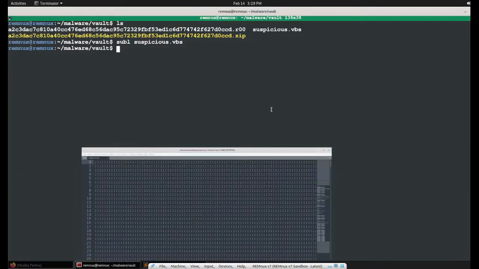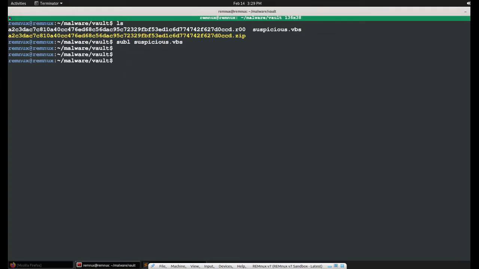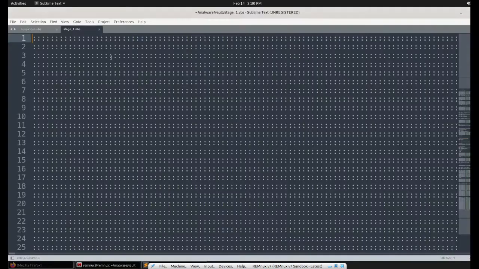As of now, I stored this file as suspicious.vbs. Let me copy this file to stage1.vbs, and I'm opening stage1.vbs. So let's modify this file. First of all, they are using some obfuscation. It begins with a colon.